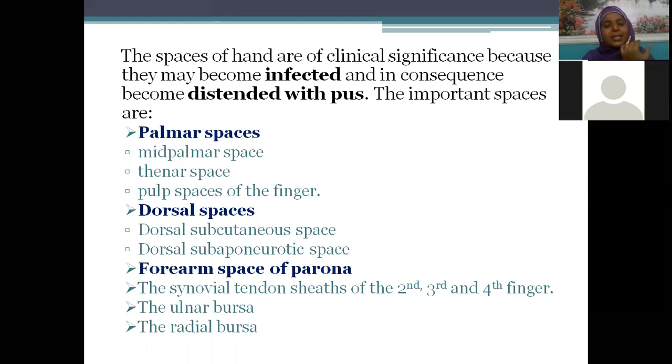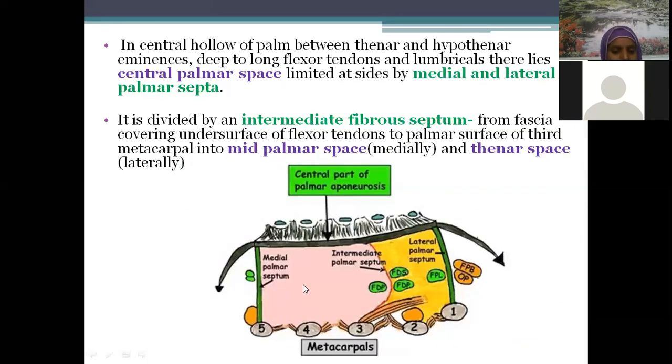Dorsal subaponeurotic, in the sense, just below the skin, whatever space we have, you call it dorsal subcutaneous space, and below the aponeurosis, that is the superficial fascia, you have dorsal subaponeurotic space. Okay. Then what are the tendons which are entering into the palm from the forearm? Flexor digitorum superficialis, flexor digitorum profundus. I told you they are all covered with synovial sheaths because these are the places where we need extra lubrication. That's the reason we have bursae also. We will see everything diagrammatically now.